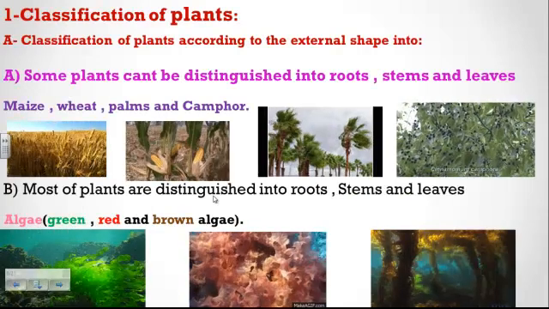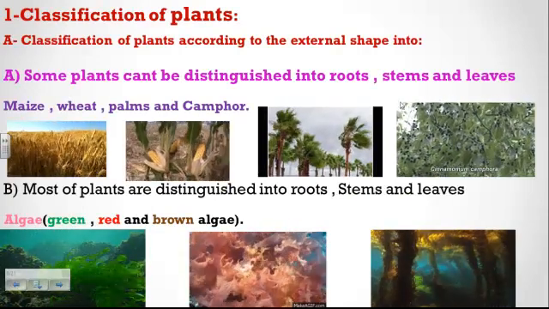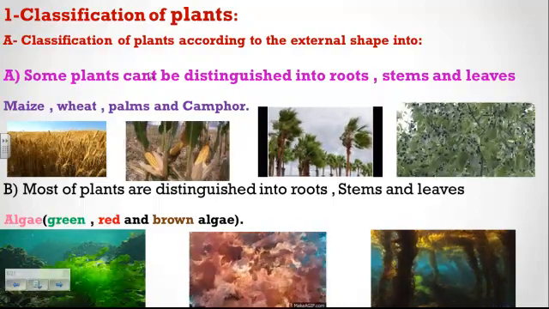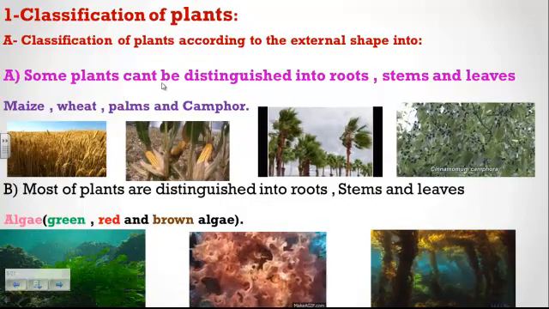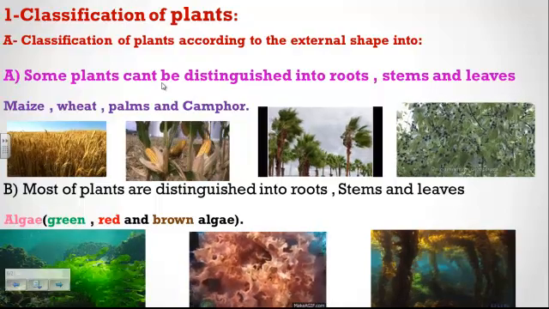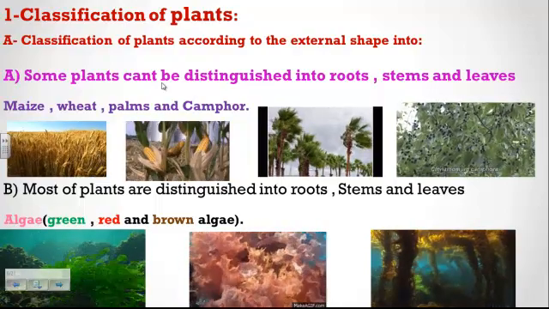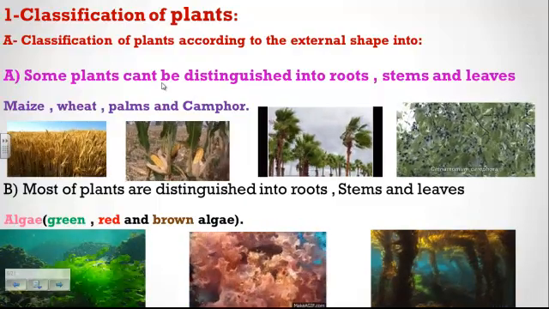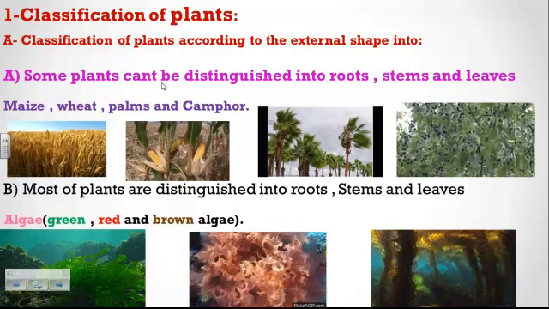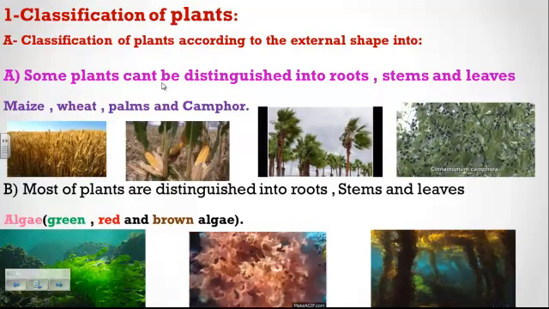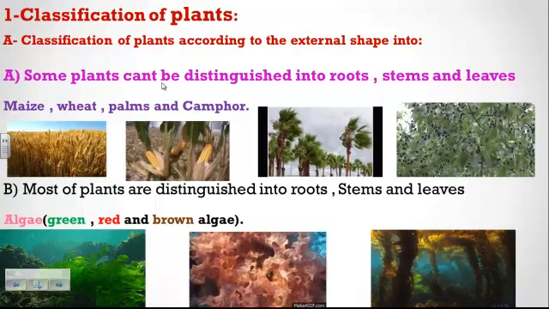Number one, classification of plants according to the external shape. You can divide them into two, A and B. You can find the plants that have roots, stem, leaves, like many plants that you can see in our daily life, like maize, like wheat, like palm trees,